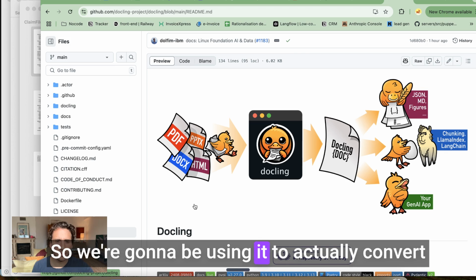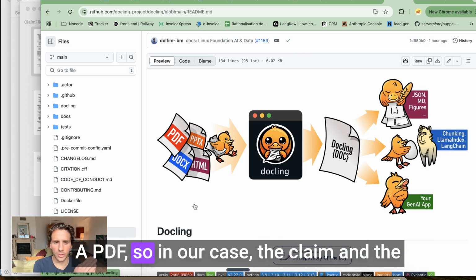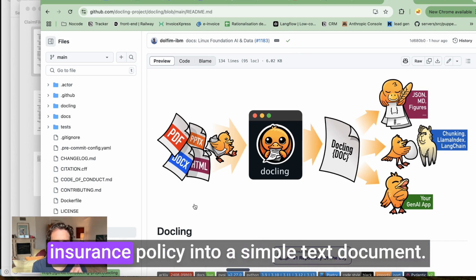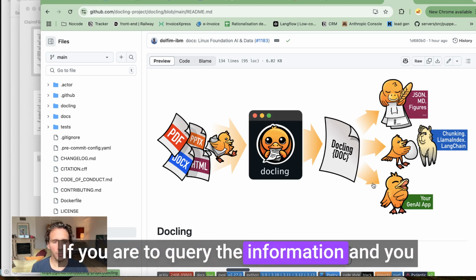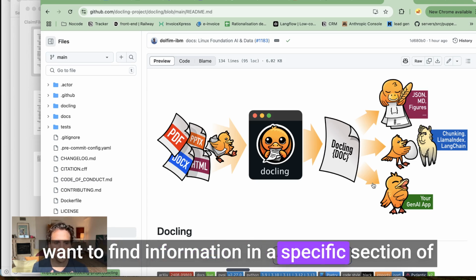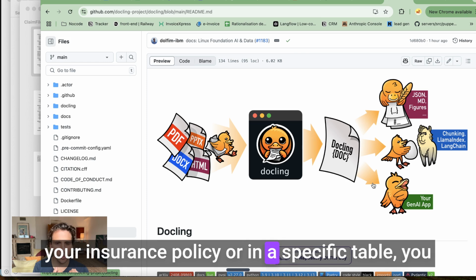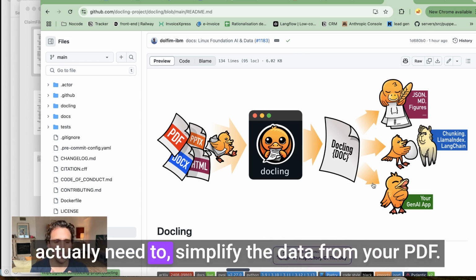So we're going to be using it to actually convert a PDF, so in our case, the claim and the insurance policy, into a simple text document. And the reason we're doing that is if you are to query the information and you want to find information in a specific section of your insurance policy or in a specific table, you actually need to simplify the data